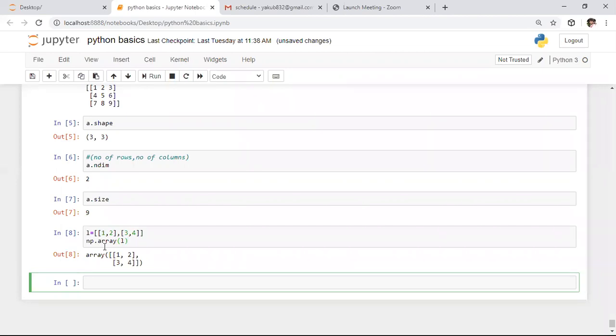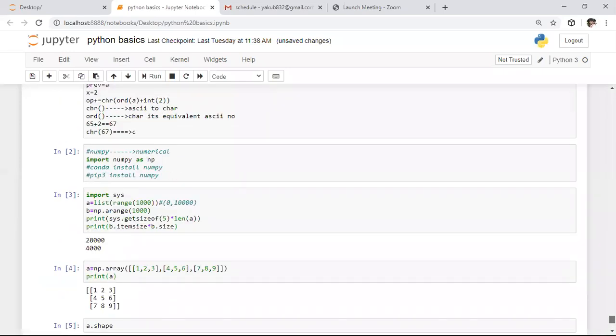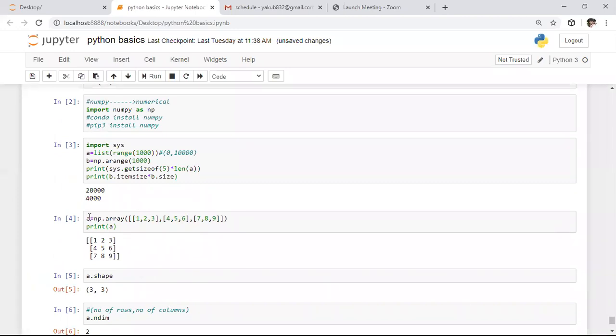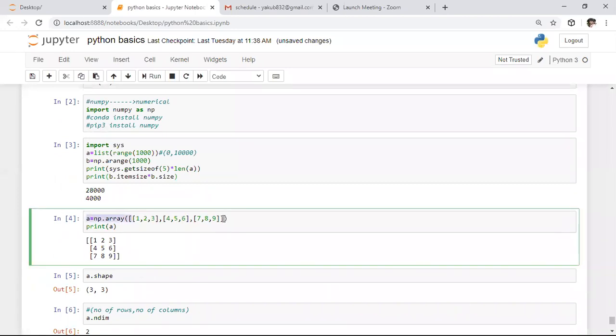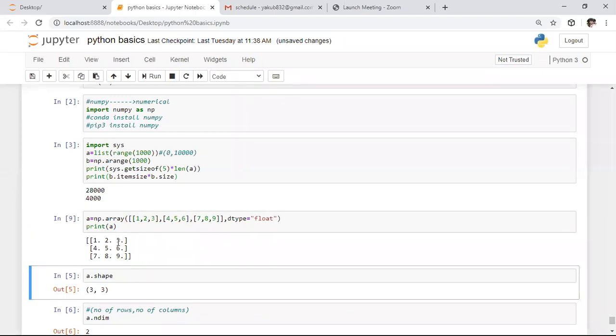After this, we have the dtype attribute. Previously we used the array function, right? Here it is the array function, whereas in this array function we have one more attribute called dtype. In this numpy array, if you want to specify the desired data type, you can specify it. By default, we will get the integer 32-bit representation, whereas if you want any other kind of representation, you can specify it here. Here I want to represent this entire array with floating point values. Whenever you run this portion, it will return the entire array values in the form of floating point.